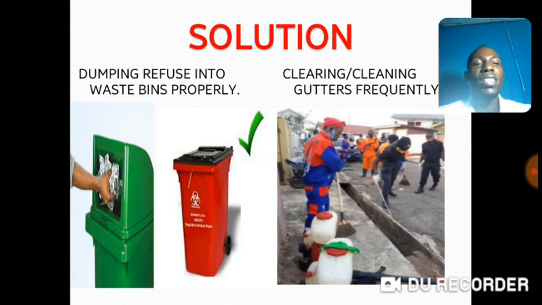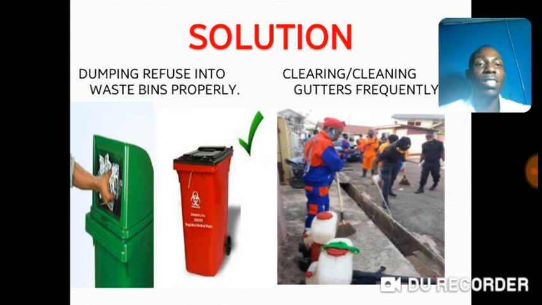When we always adopt the character of dumping waste into waste bins and not gutters, this will prevent gutters from being choked, so as to allow the free flow of water whenever there is a heavy rainfall or downpour,